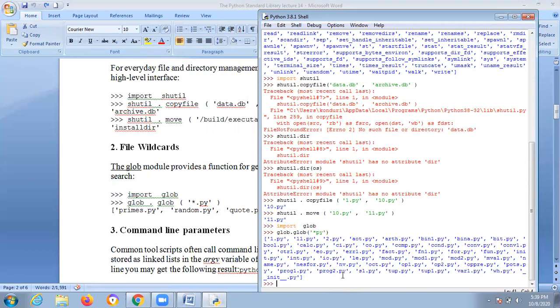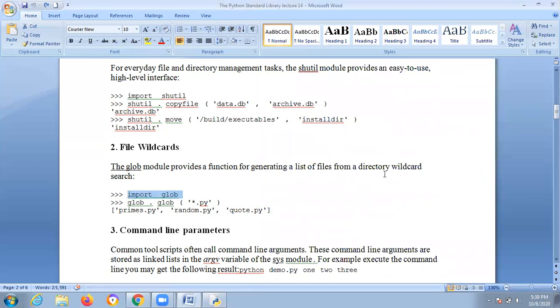Each and every file can be treated as one object, right? Likewise, this is called file wildcards. If you enter the star, that will display all the file objects. That is the concept of file wildcards. Glob generates a list of files from a directory by wildcard searching.